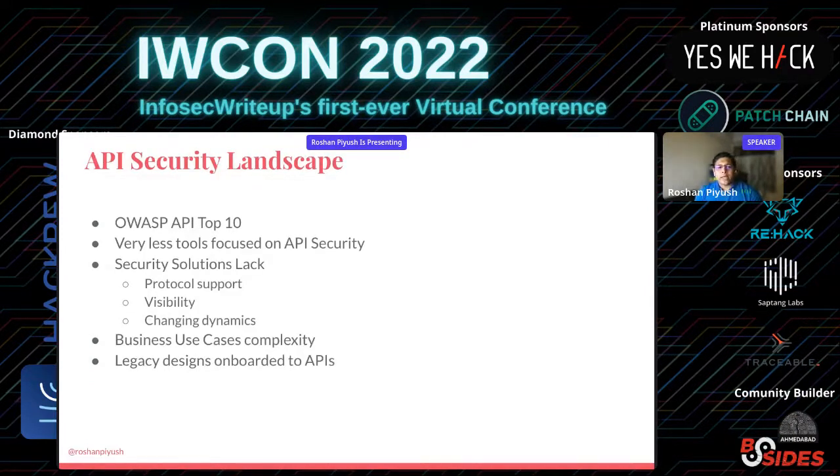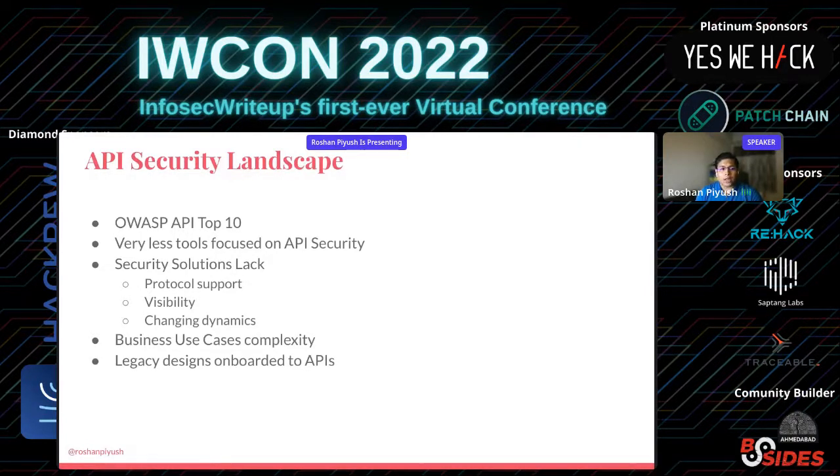So today's security landscape on APIs looks better than what it was before. Yeah, but there is still a huge gap, and it will always be a struggle to stay on par with how the faster moving modern application development moves. So we have the OWASP API Top 10 explaining the top vulnerabilities seen in APIs. Yeah, they keep changing, so as such, the OWASP API Top 10 will change.